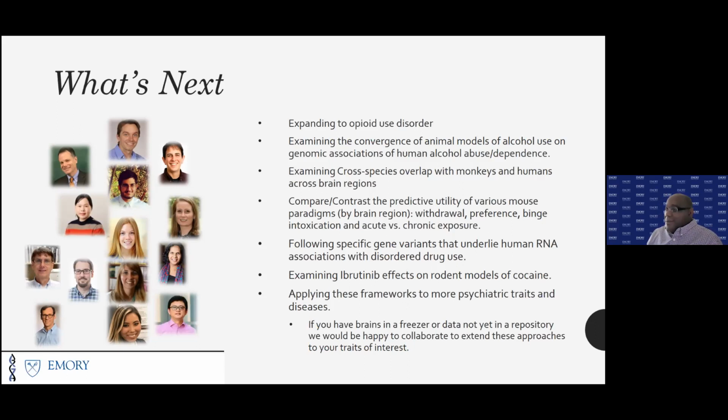Working with them firsthand, I can say they are very easy to work with for anyone interested in doing so. We are following up on specific gene variants as well that might underlie human RNA associations with disordered drug use. One of the things we're working on right now is looking at how ibrutinib might play a role in different models related to cocaine exposure in rodents. Anybody who's interested in collaborating, again, I'm more than happy to